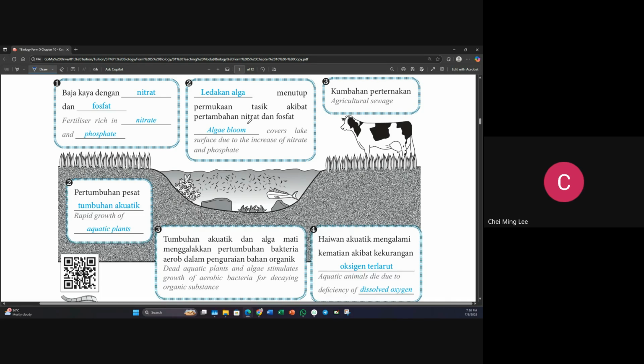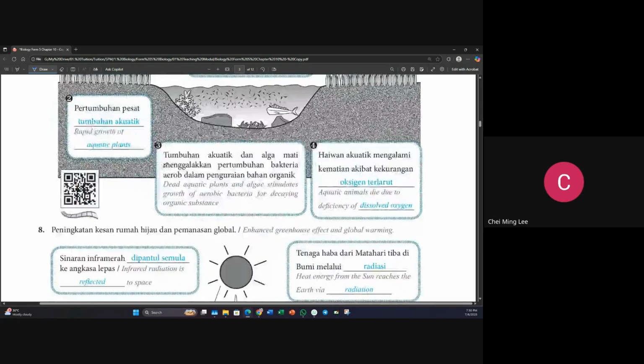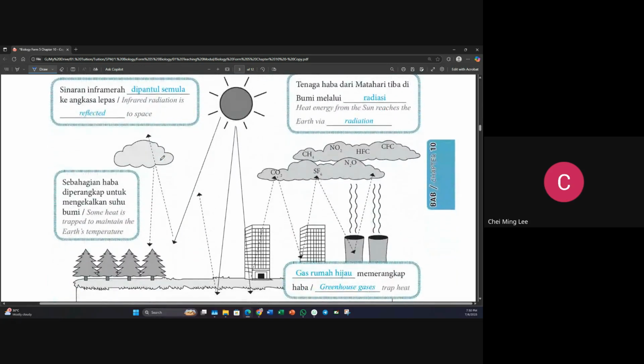And this algae bloom will also cause the death of aquatic plants because it covers the surface of the lake. So no sunlight penetrates through it. So no what process? Photosynthesis. No photosynthesis, bye-bye. Okay? See you again. Okay, like that. You understand? Should be pretty easy, this one. Okay? So now let's see the